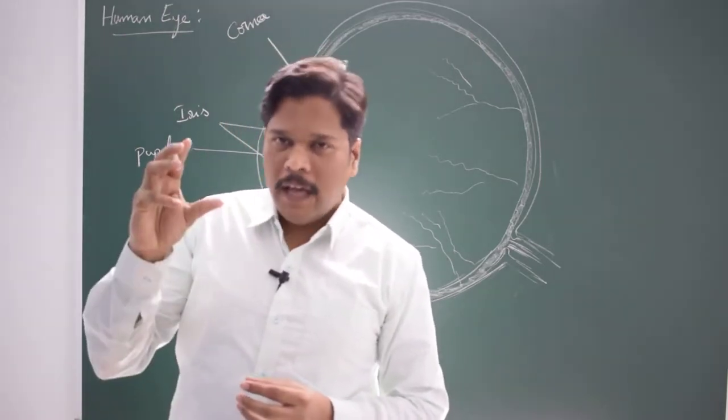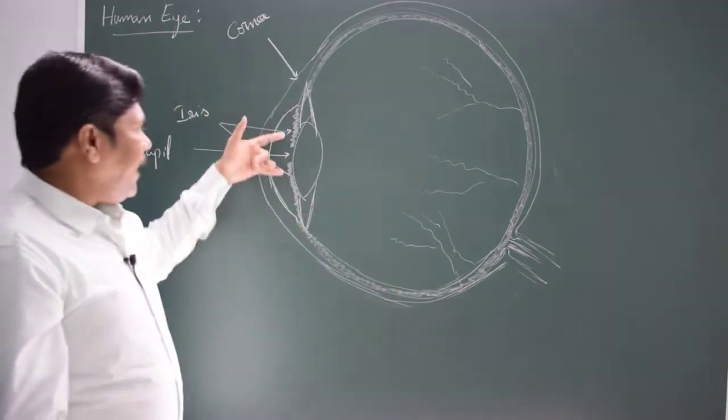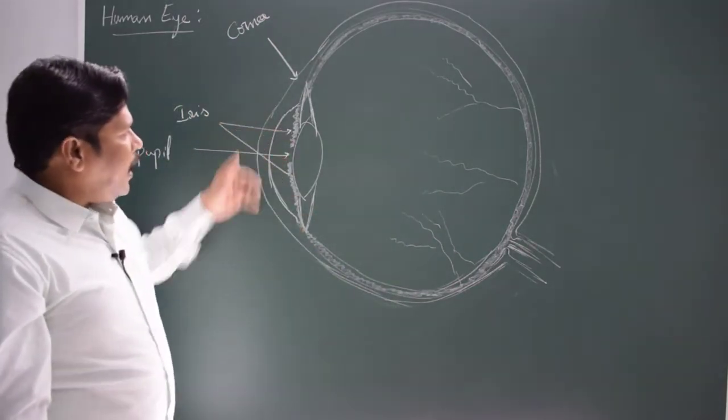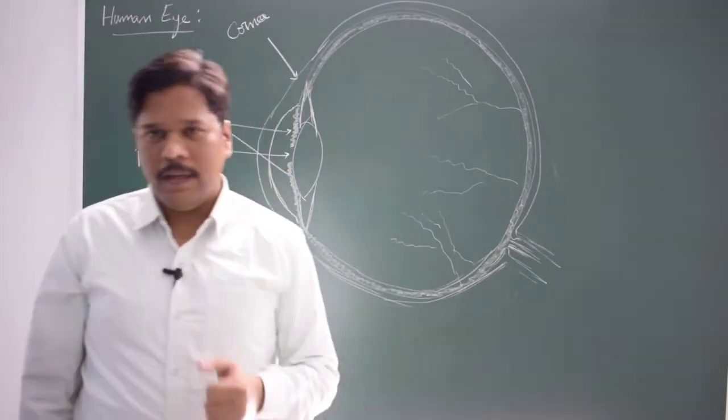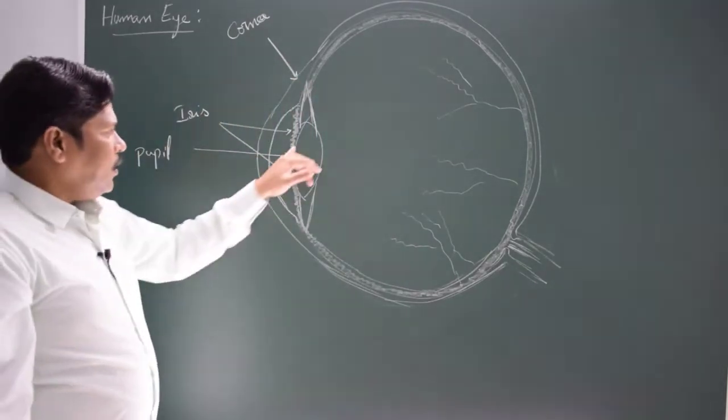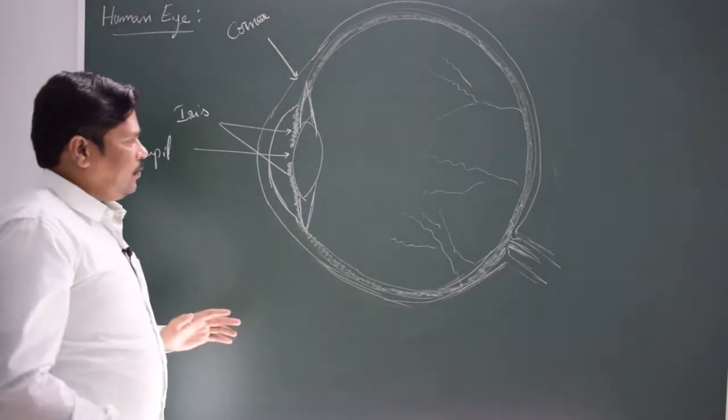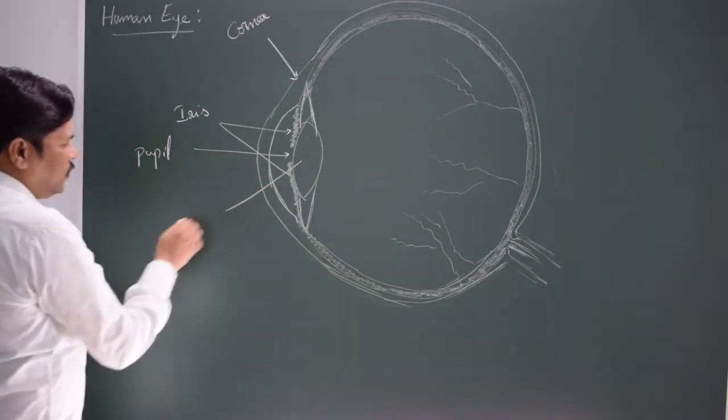So the function of the iris is to regulate the amount of light entering into the eye by changing the size of the pupil. Okay, then behind the iris we have the eye lens,